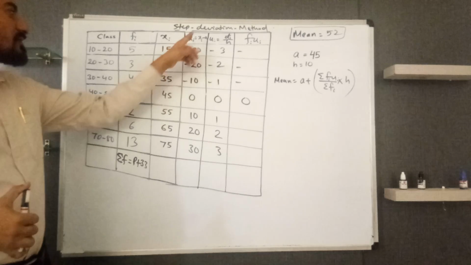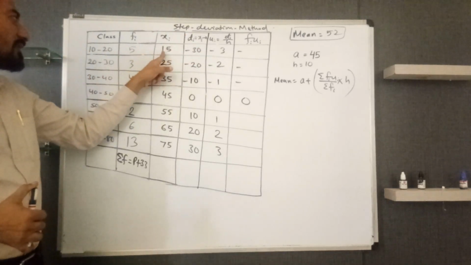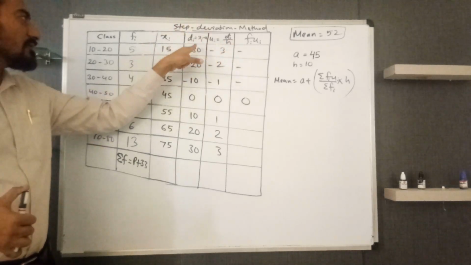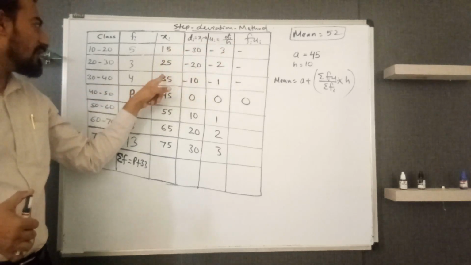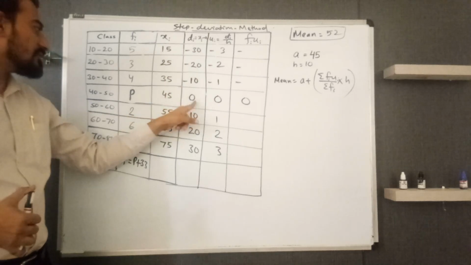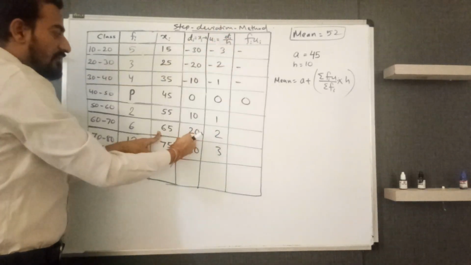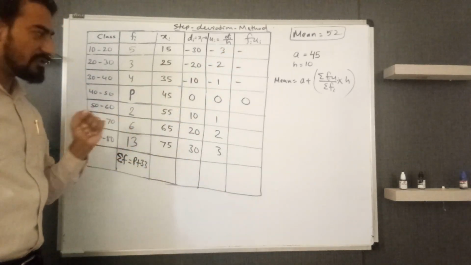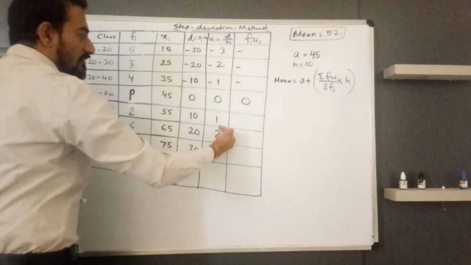And by formula also, you can find the sum of limits by 2: 15. Then 15 minus 45, you will have minus 30. 25 minus 45, minus 20. 35 minus 45, minus 10. 45 minus 45, 0. 55 minus 45, 10. 65 minus 45, 20. 75 minus 45, 30. Like this. Then next, minus 3, minus 2, minus 1, 0, 1, 2,